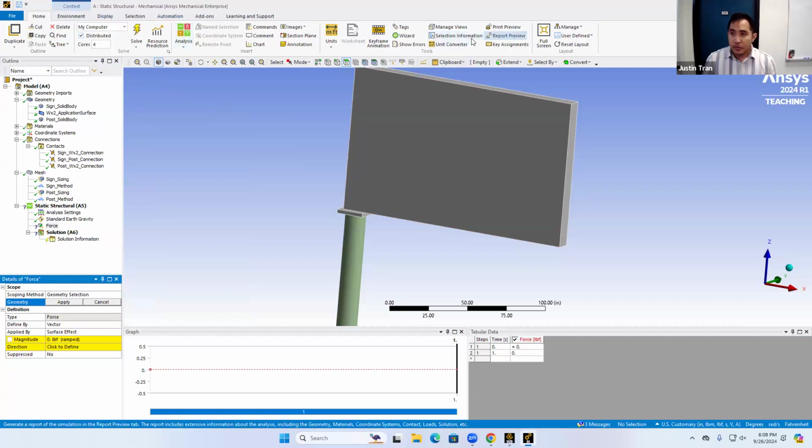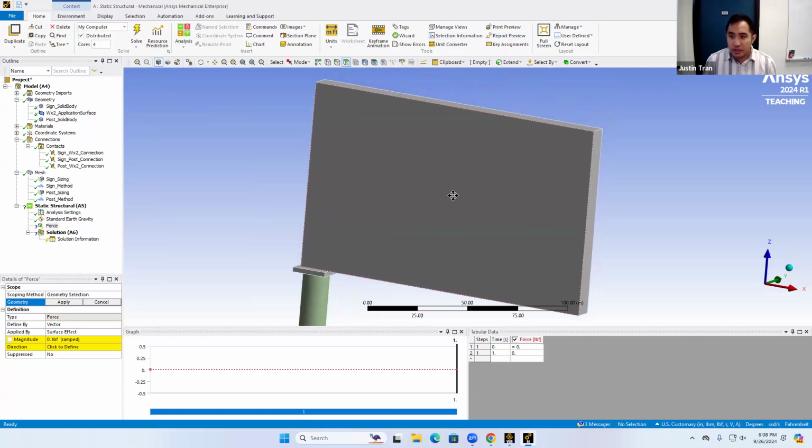Okay. And then to find the point, the point is located right in the middle of the sign, but you may have trouble finding it if you're just mousing over randomly across the sign. So one thing that can help is that you want to switch the selection mode to vertex. If you click on this circle part right here,